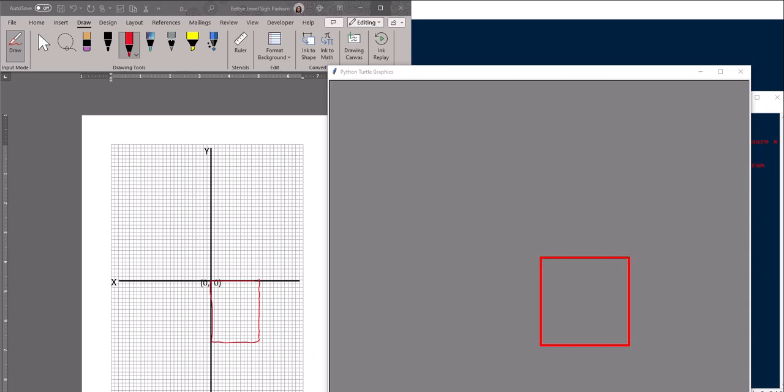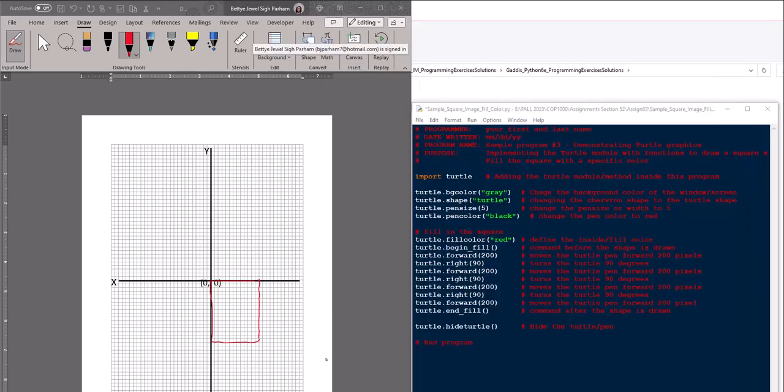What we need to emphasize is that when you use the angles, it's always going to base it relative to where the cursor is located. Later on, we're going to use something called set heading, that sets the orientation of the turtle, and that's more of an absolute positioning versus a relative position. Adding an angle or a degree to this program